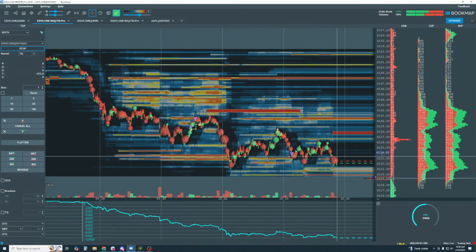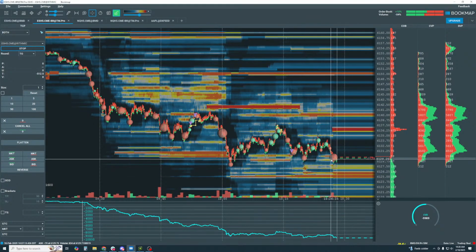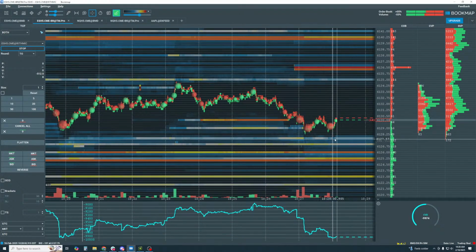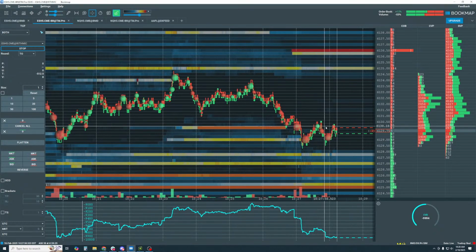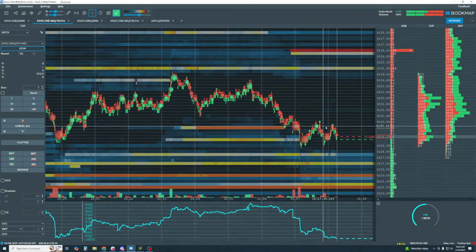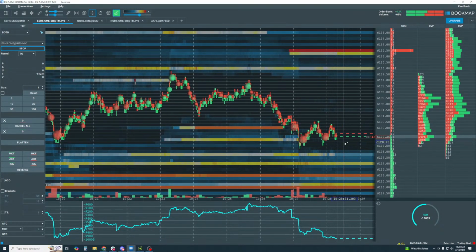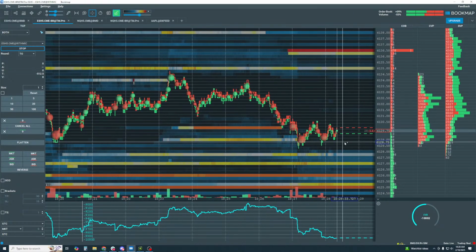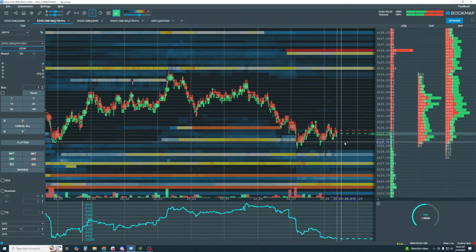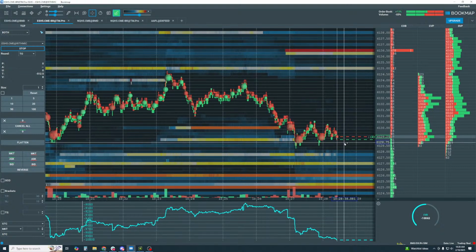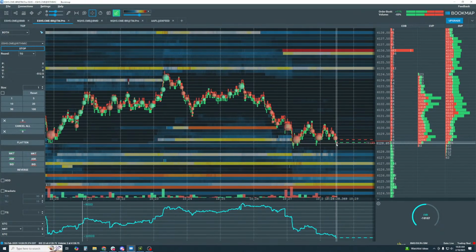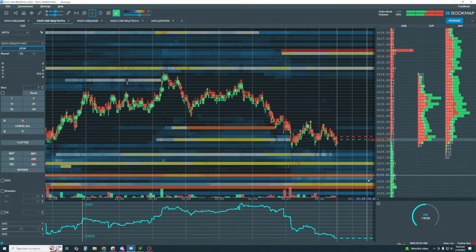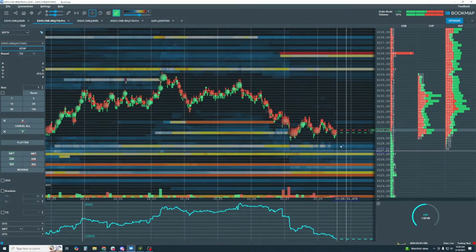All right, let's see if we can get our sellers in here. There's more selling at this bottom edge here. All right, there's our pullback. And let's see it, sellers should be able to take it down into maybe even 25 here.